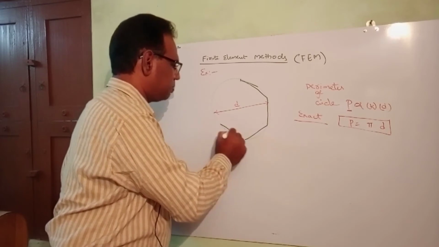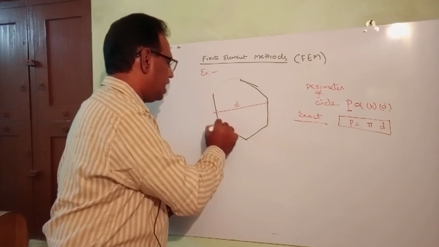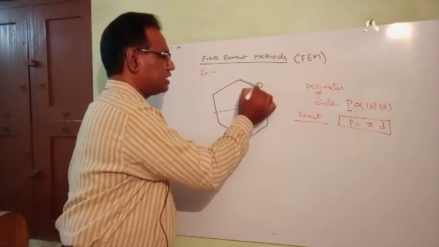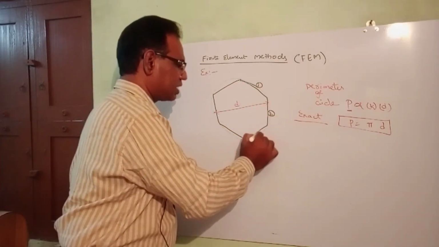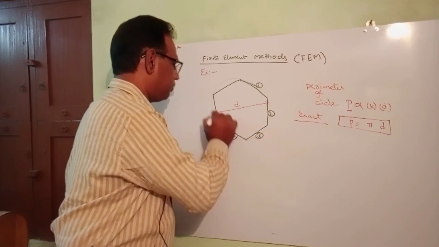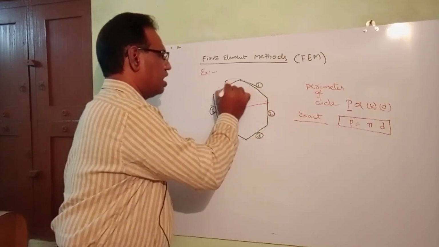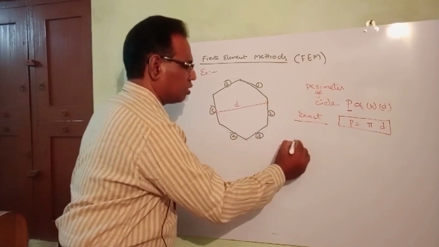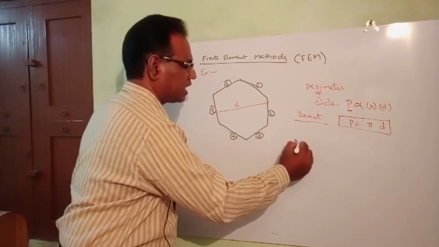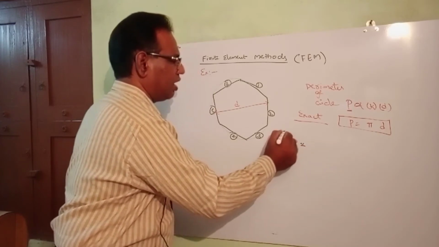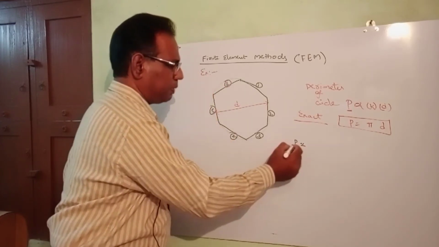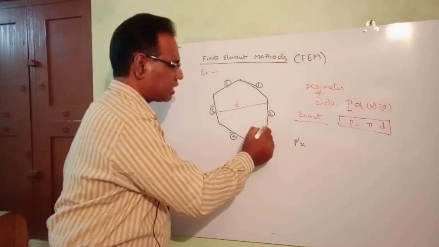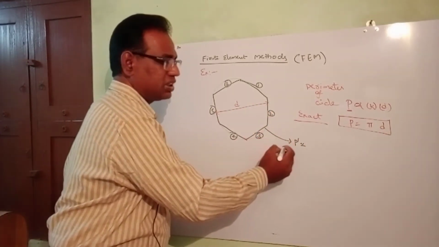Here it is a simple circumference. I am simply dividing it with line segments. So this may be the first line segment, second, third, fourth, fifth and sixth. Each line segment has length L1. If you want to calculate the circumference of a circle by this particular method, suppose we call it P dash, which is equal to